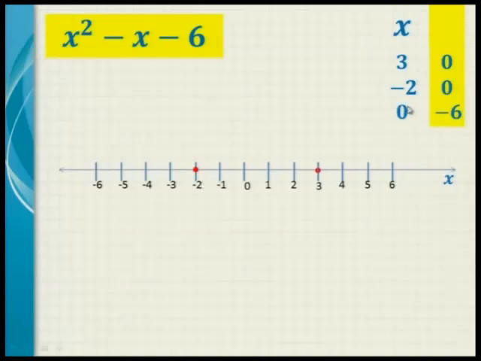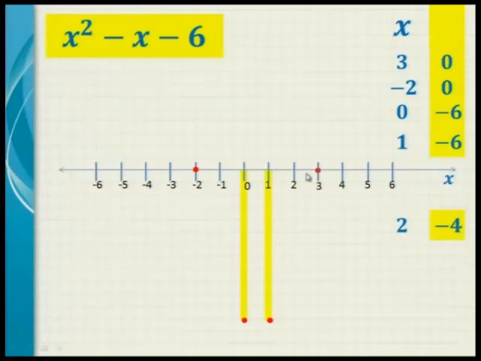What happens if I substitute 0? That's the easy one. 0 there and 0 here will just give me the yellow box equal to minus 6. Are you with me? So if I substitute 0, I will get a value of minus 6. So let's put it down here, 1, 2, 3, 4, 5, 6, somewhere down here. There we go. So 0 will give me a minus 6. What about 1? Let's substitute 1. 1 squared is 1, minus 1 is 0. 0 minus 6, oh, it's also minus 6. So let's put it here. 1 also gives us a minus 6.